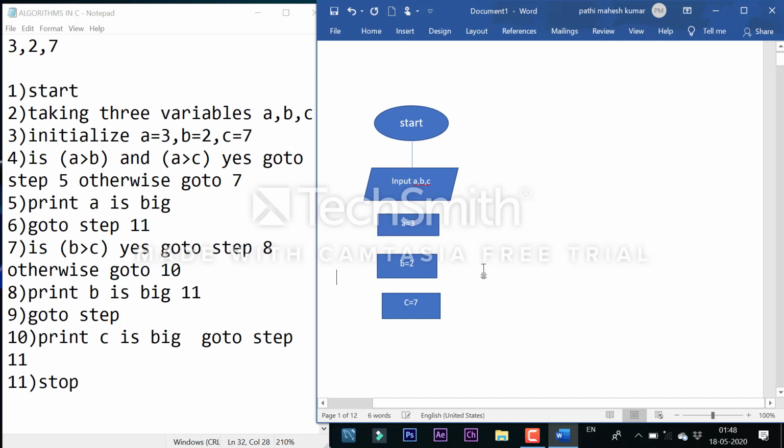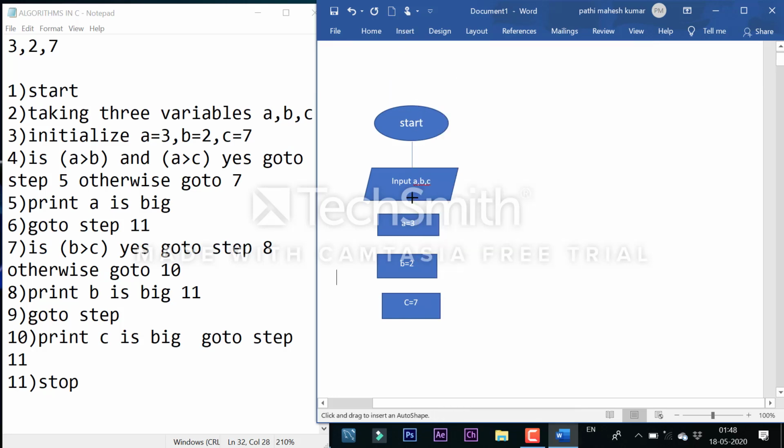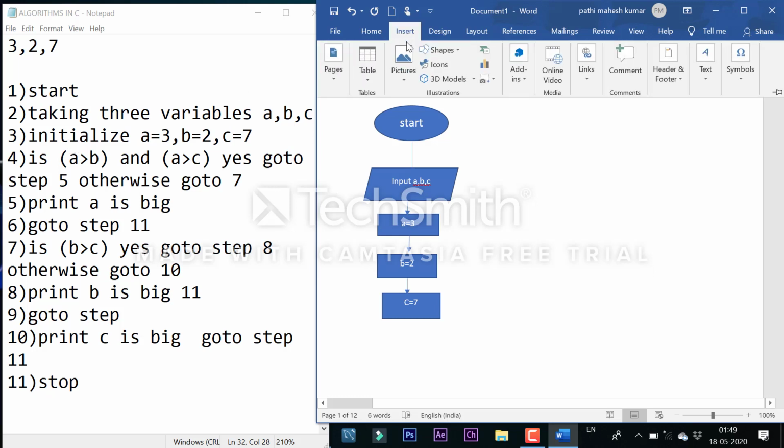So I am connecting the control flows. After initializing, I want to give a condition. In which figure? A condition in rhombus.